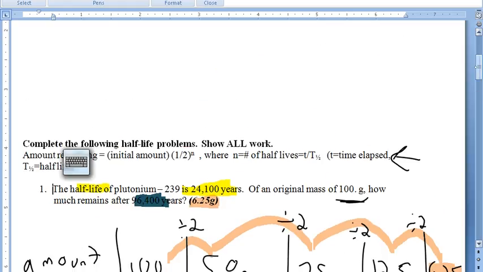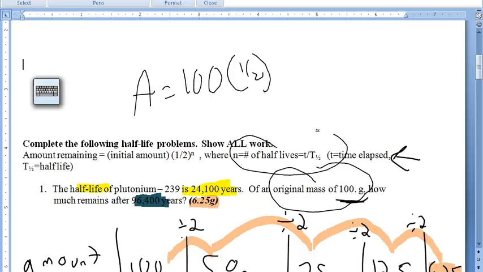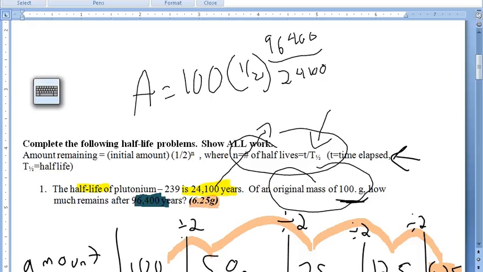The other way is to use this equation here, which becomes a bit more of a plug and chug type math. The amount remaining, A, equals the initial amount, which is this 100 grams, times a half raised to the n power, where n is the time, which is 96,400, divided by the half-life, which is 24,100. That reduces down to